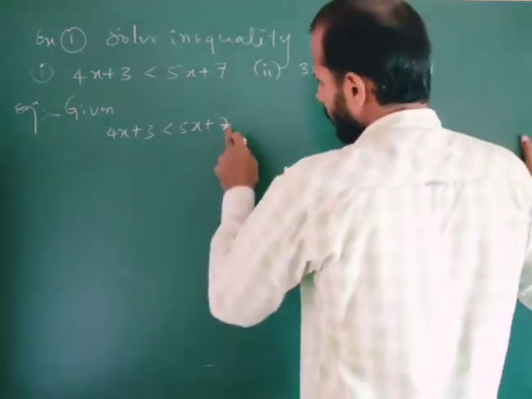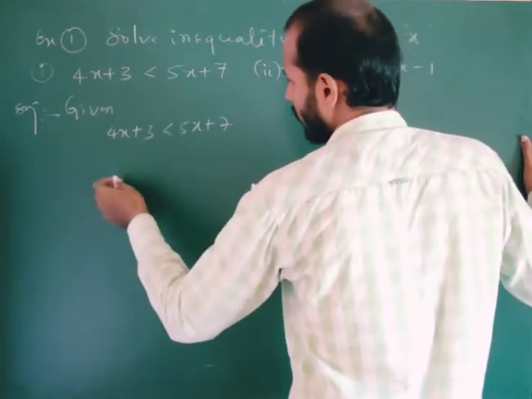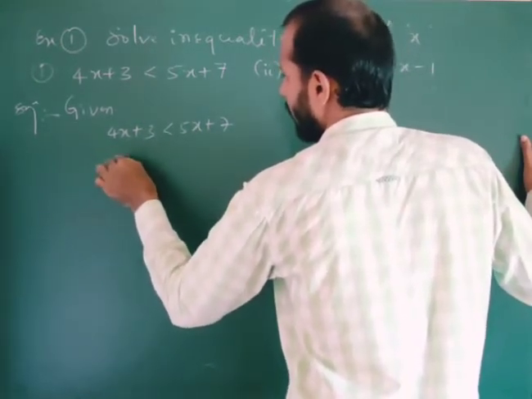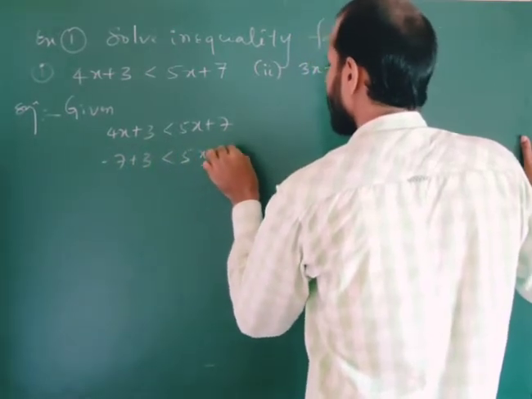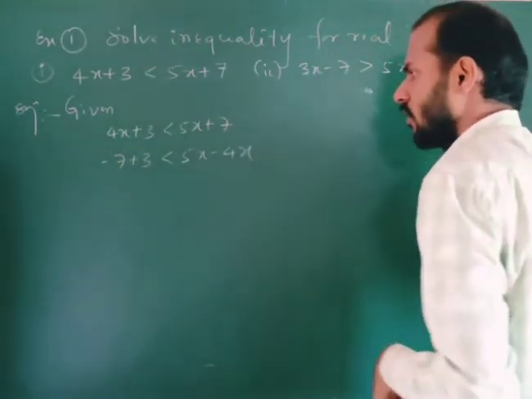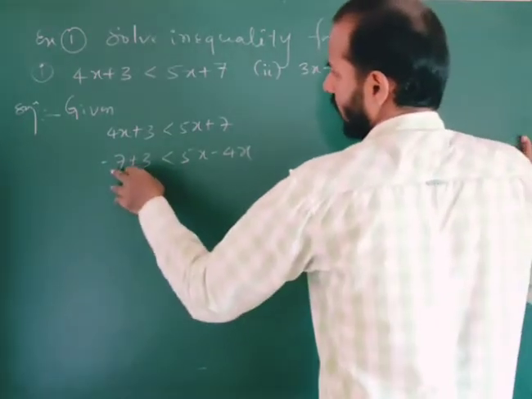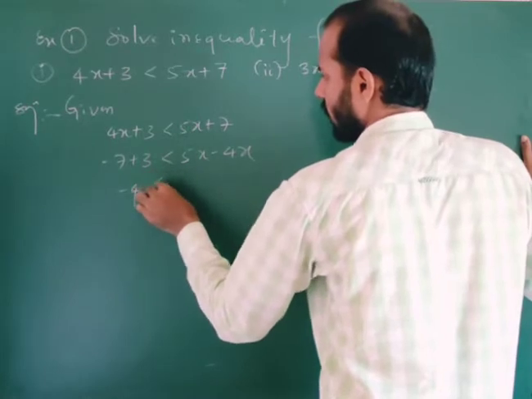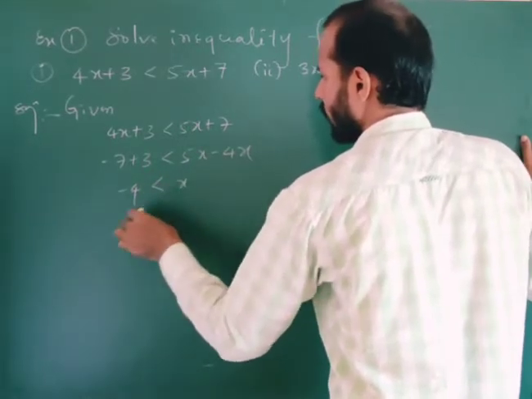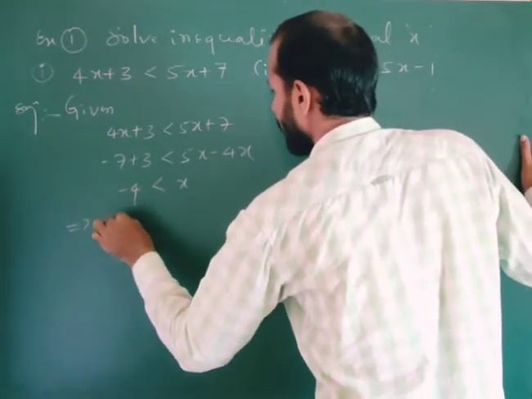Now plus 7 take on LHS, what it becomes? Minus 7 plus 3 which is less than 5x minus 4x. Now 4x is on RHS. Now minus 7 plus 3 is minus 4, which is less than 5x minus 4x, that is x. Therefore, which implies x is greater than